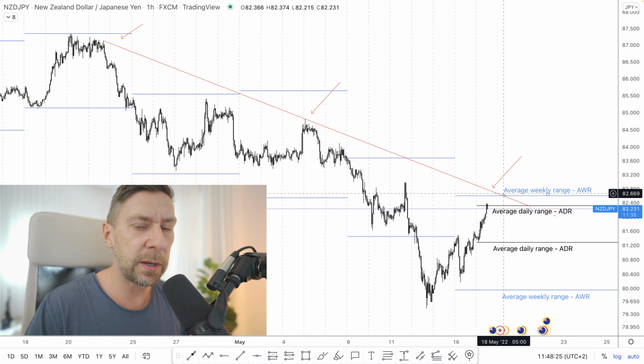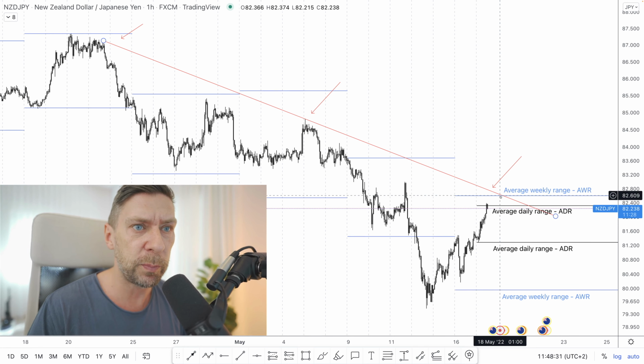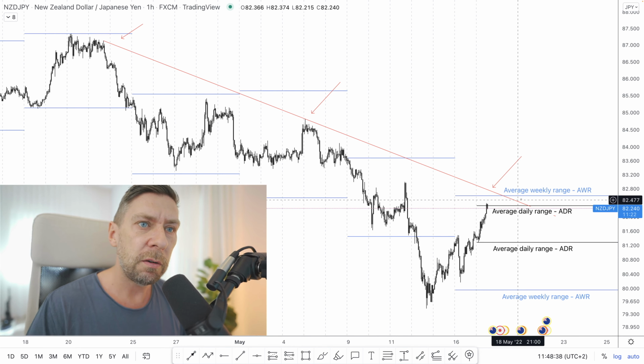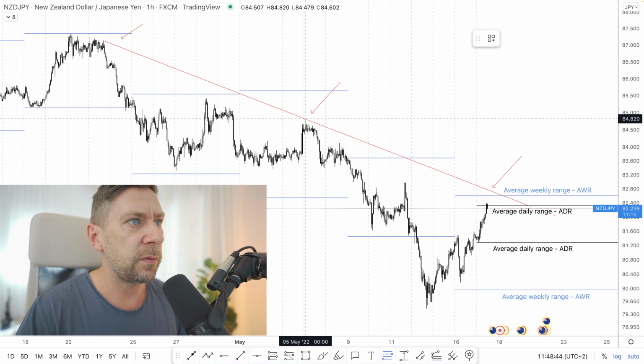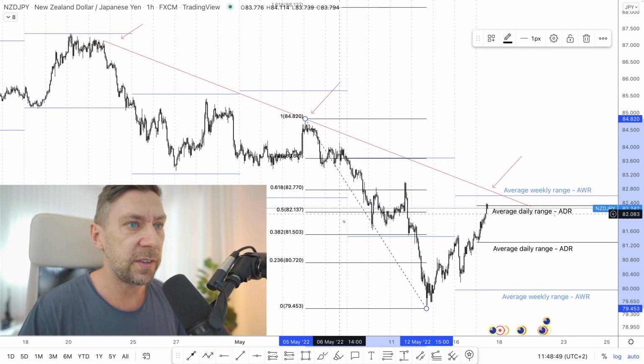So this gives me a little more confidence that, okay, we might not move higher than this trend line if the weekly range is respected. We might move a little bit up and a little bit down. We don't know exactly if it's gonna touch the trend line or not, but around this area, we have a shorting opportunity. If we then combine this with Fibonacci retracement from this high to this low, which is a swing,